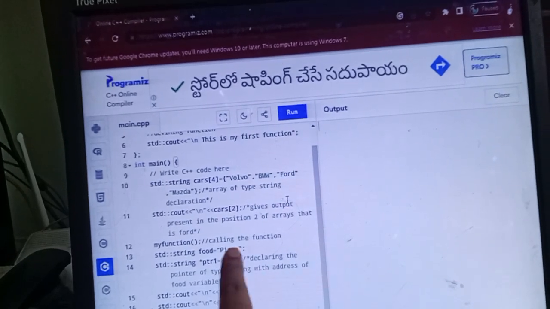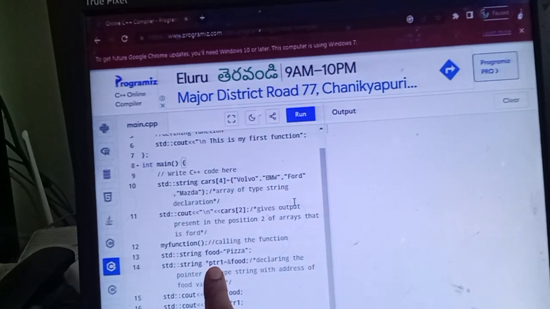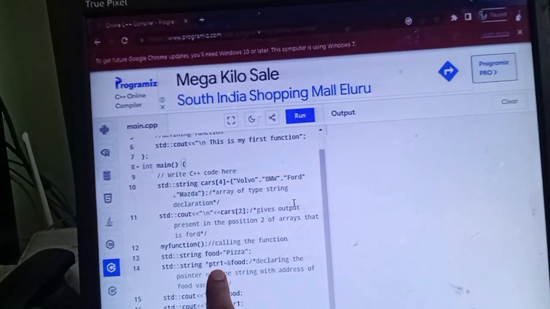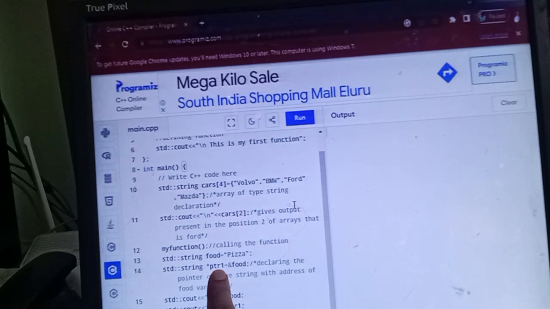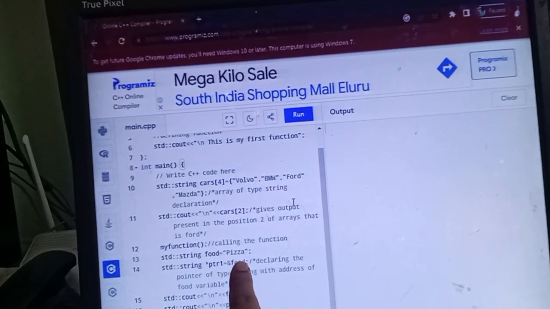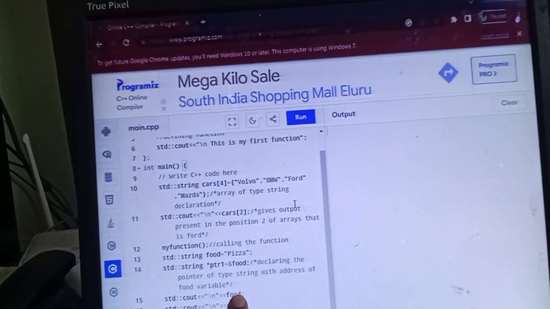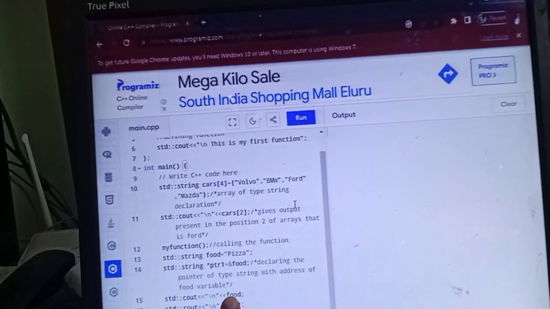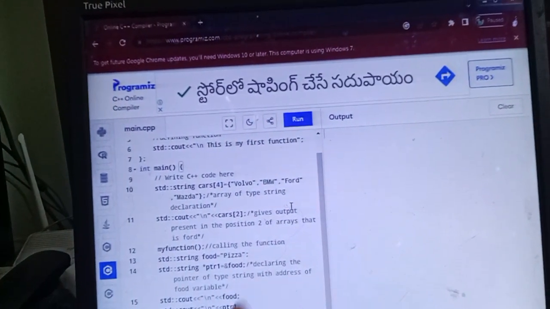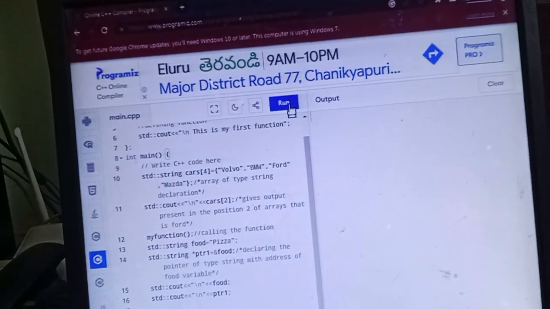Here the address of where the food is in memory will be saved in the pointer, that is here ptr1. This is the name of the pointer. So this is how we declare and define the pointer. Next coming to printing food and ptr1, so that you can see the output, what is food and what is ptr1. Understood? Now let us see the output of this.